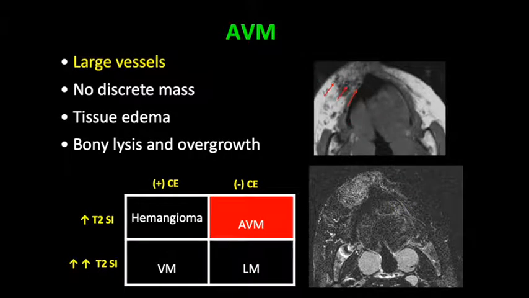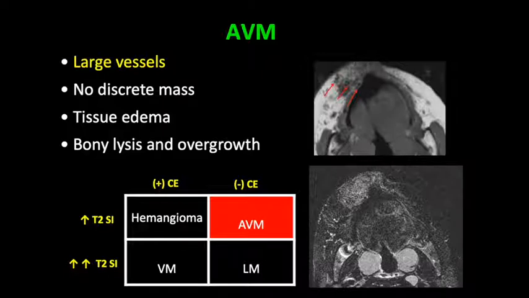All right, our final lesion is the AVM. And here we typically don't see a discrete mass. What characterizes AVMs is the presence of large vessels that sort of permeate the tissues. And what we look for in these cases are the characteristic vascular flow voids on MR. Now, because there is